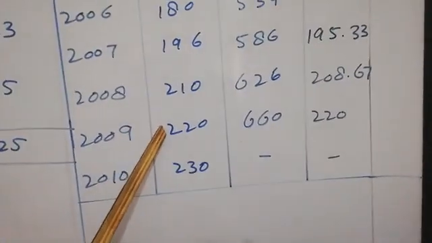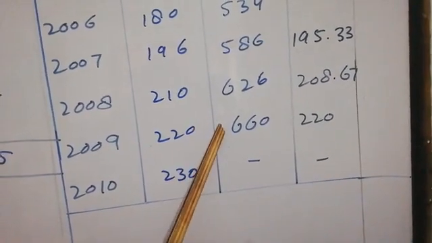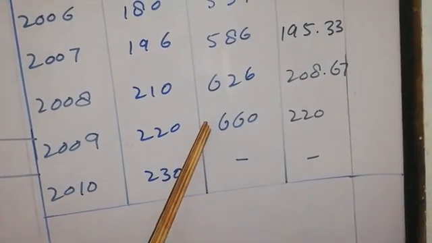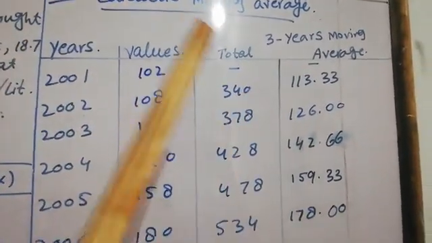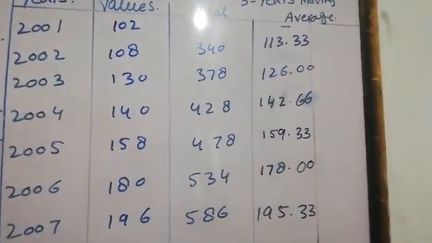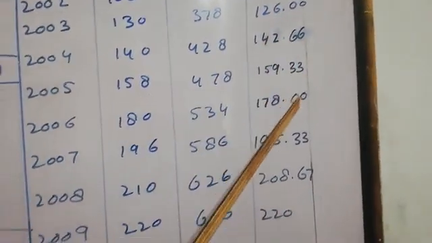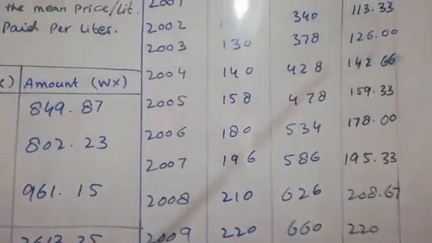Like this method, my dear students, we will find all the moving averages. Like this is the sum of the last 3 values, 210, 220, 230, and we will put their sum in front of the middle value, and then divide it by 3, and we get 220. We will put the dash sign at the end and at the start of these 2 columns, and in this method we will find the moving average. These are the answers of the moving average, and this is the end of exercise 6.2.